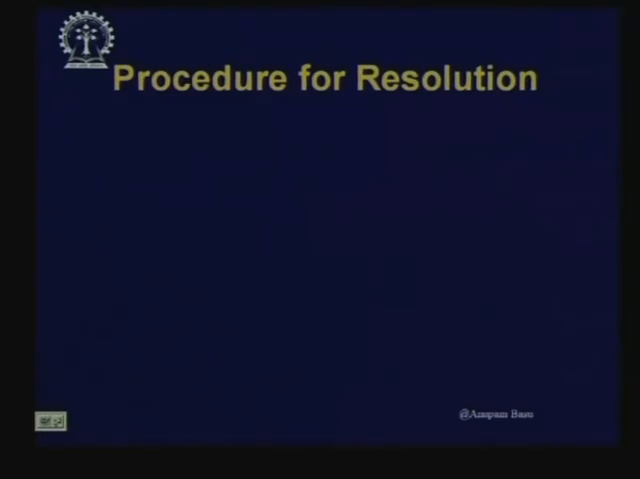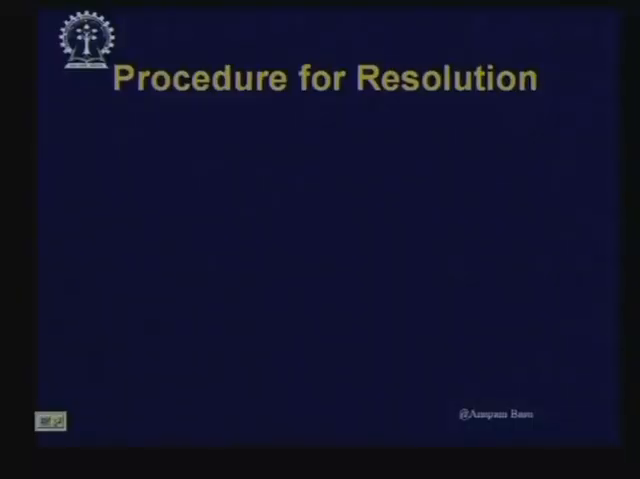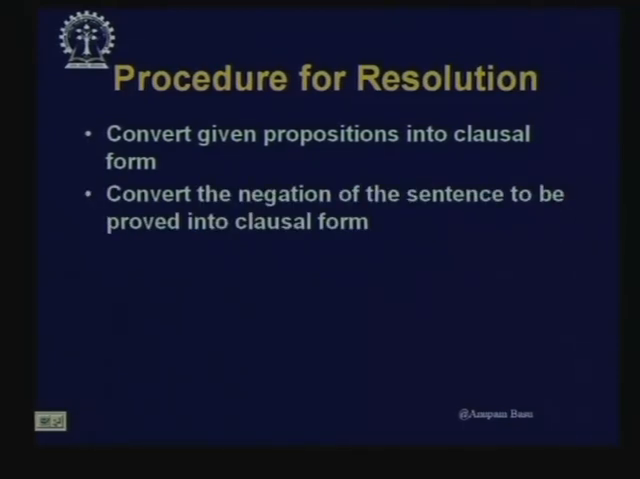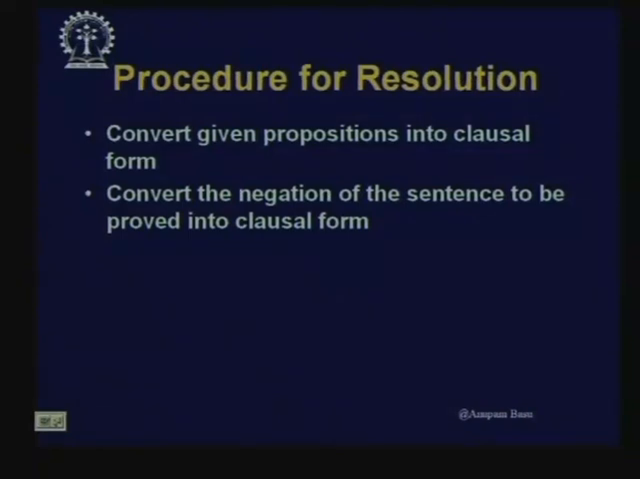Next, let us quickly see what are the basic steps of carrying out resolution for propositional calculus. First step is we convert the given propositions into clausal form. Next, we convert the negation of the sentence to be proved. Please note that we take the sentence to be proved and we first negate it, and after this negation we convert it to the clausal form. So, convert the negation of the sentence to be proved into clausal form, combine all the clauses in a set,